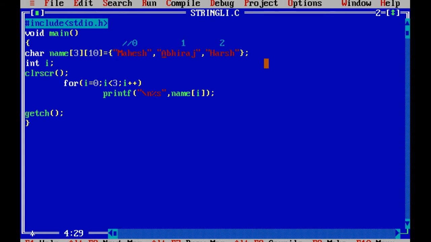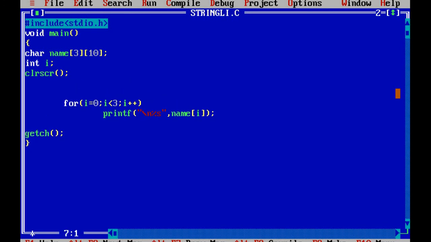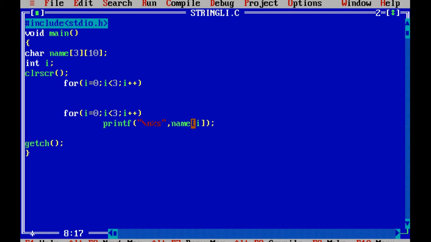But what happens, suppose I don't want to initialize these strings, I want to take these strings from the user, and after that I will print all these strings. So for that, again use the for loop, but instead of using printf, use scanf, because you are reading the data. So here also I will say for i is equal to 0, i less than 3, and i plus plus. Just make one change, that instead of printf, use scanf, and when you are reading the string, use the %s format specifier,